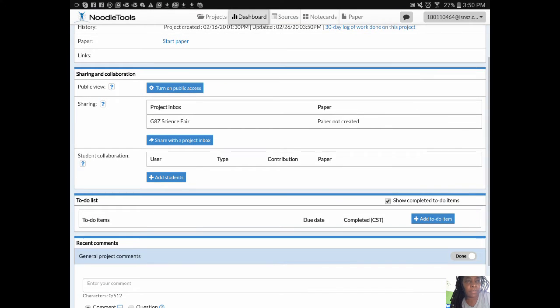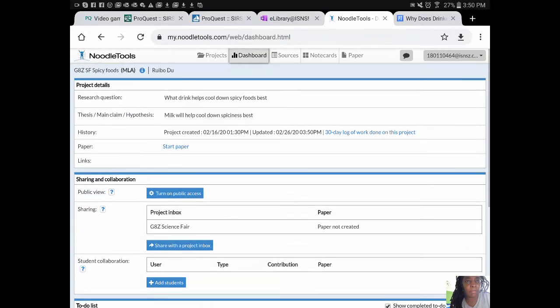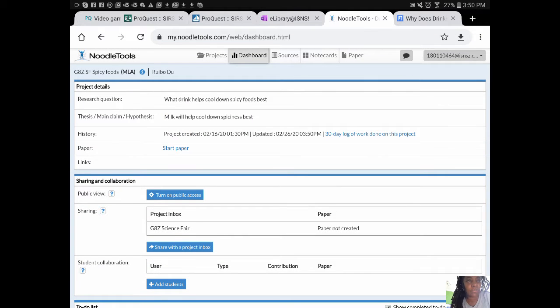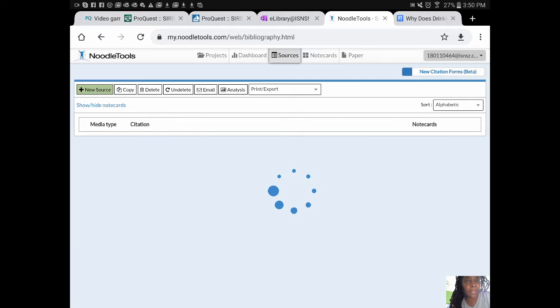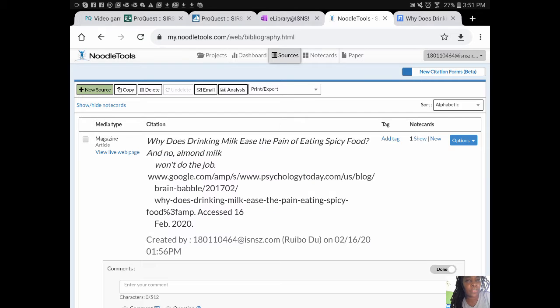The project's already been filled in with the name and the hypothesis, the research question, etc. Let's click on sources. It's across the top, and this one already has a source card created, so you'll see what it looks like as a finished source card. It basically looks like a citation that you would use in your works cited list, but we're going to create a new source, assuming this didn't have one. So click on new source,